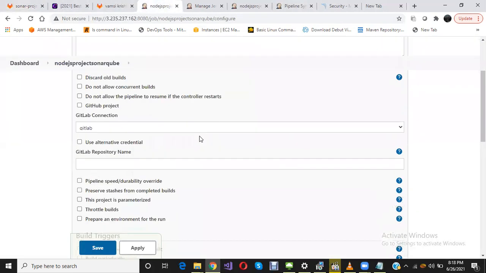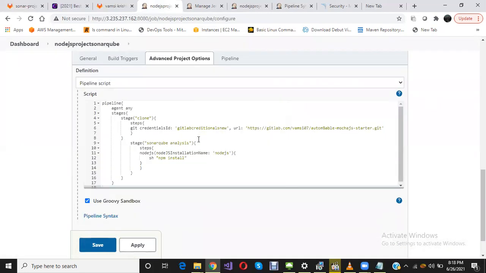Here we need to specify that within the environment variable we generate the SonarQube report.